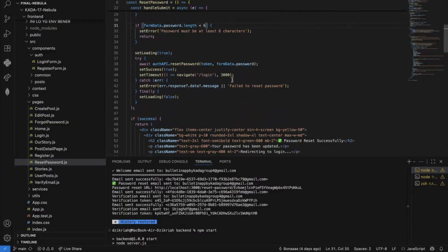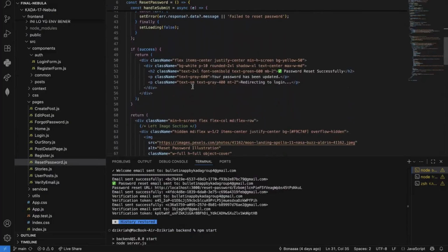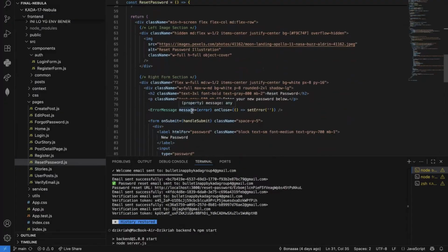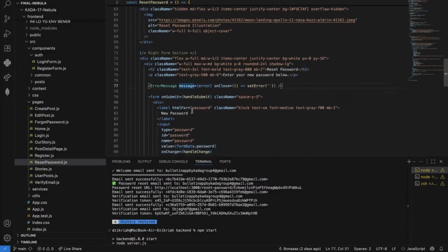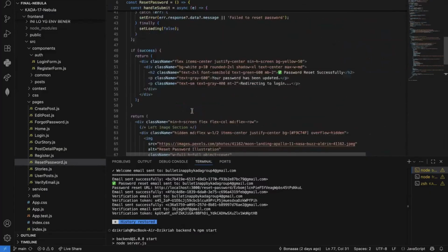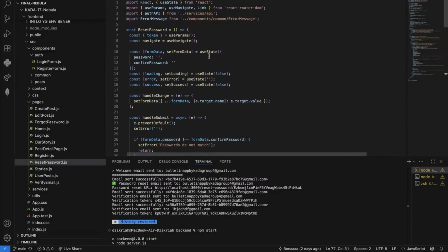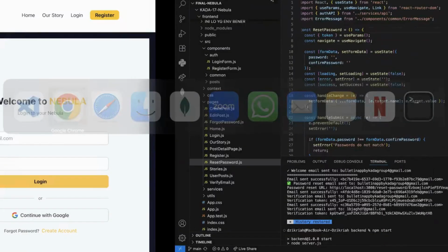Then if this succeeds, it will show a success message and redirect to the login after 3 seconds. But if it errors, it will display an error message. Okay, and inside of this, we also use the className for Tailwind CSS. And this is the code behind the reset password page.